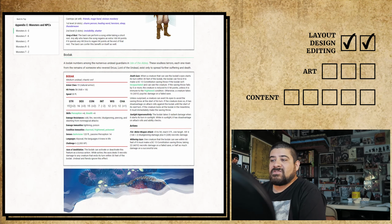Here we have the DM's version of this map, which has the legend, basically. So you get a bunch of numbers, and then they, of course, reference some things. If I click, it says View Player Version. There is another map that I can print out, which doesn't have all those points, so that the PCs won't know, hey, there's something important about this forest, whereas on the DM side, I know that location 29, there must be something there. I don't know if you get 2 versions in the actual